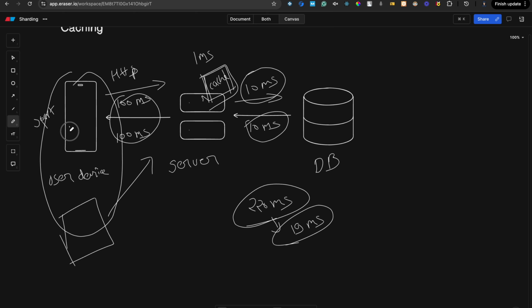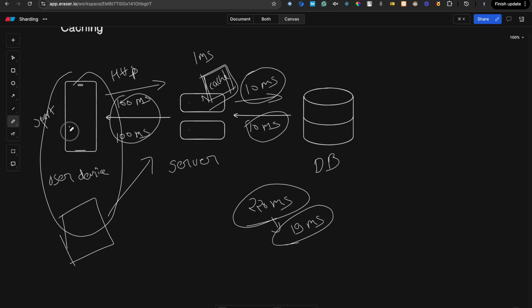For smaller applications, we can of course use the app cache, in the application itself or on the device itself. But for bigger applications, we cannot utilize much of the cache. There is some limit it will reach, because the data is in terabytes or petabytes. So we cannot cache everything. But there is this cache evict policy that we need to implement.